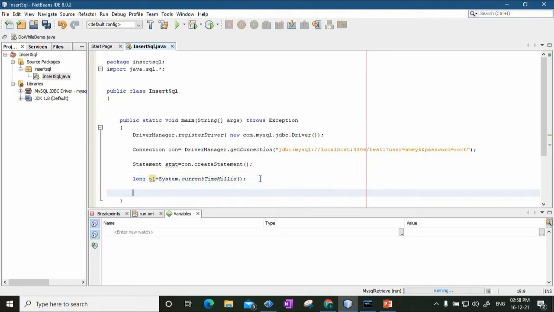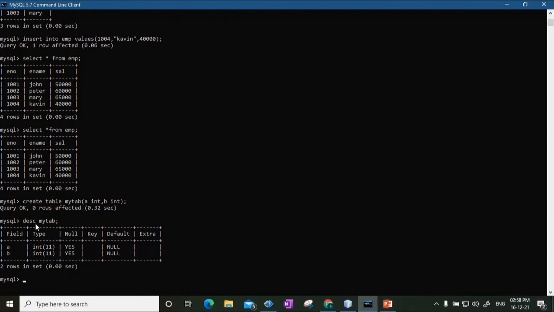Now I will write the code for inserting 999 rows, meaning the tuples, the values, in my tab, because the table that I've created is my tab.